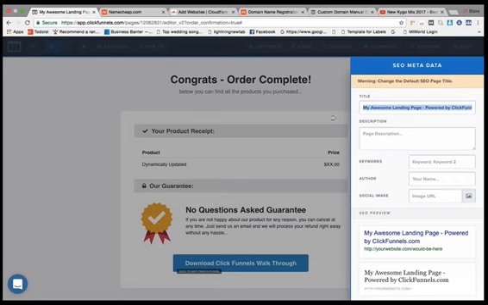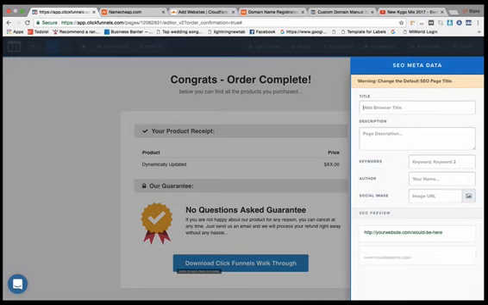So here it's asked us to change this, and I haven't done this bit yet, but as you can see here, warning, change the default SEO page title. So that is where all the details are for the title of your page and things like that. So you obviously don't want to say that. You want this to be the order page,